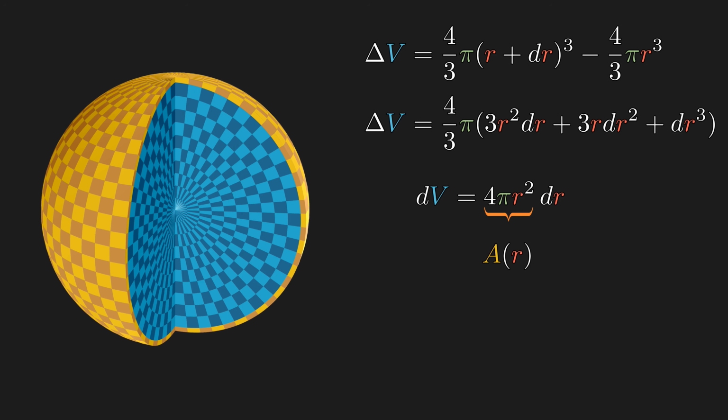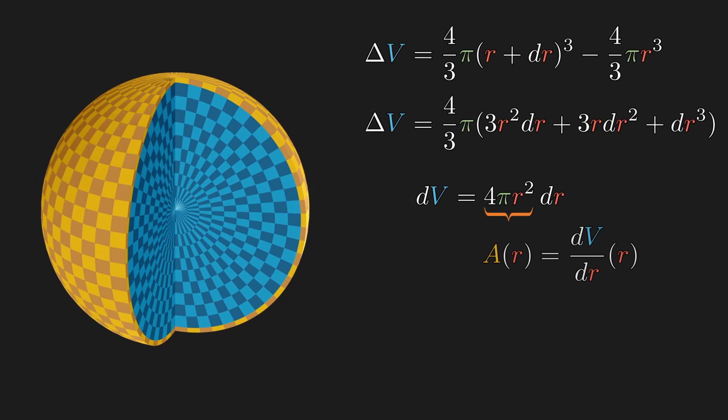And there really is no surprise here. The yellow mass should approximately equal the surface area times the small change in radius, which becomes a better approximation as dr gets really small. And this local linear rate of change is called, as you guessed it, the derivative. I use the language of differentials here for the sake of geometric intuition, but this essentially is the same as the limit definition of the derivative.